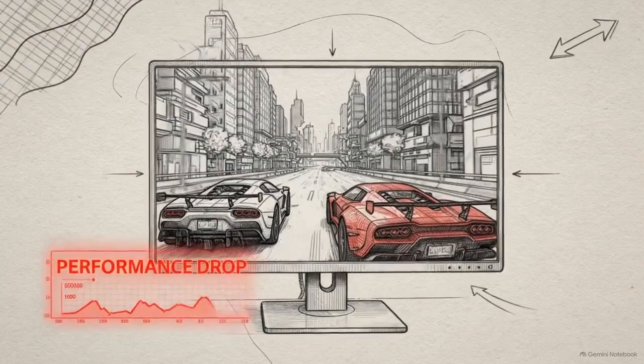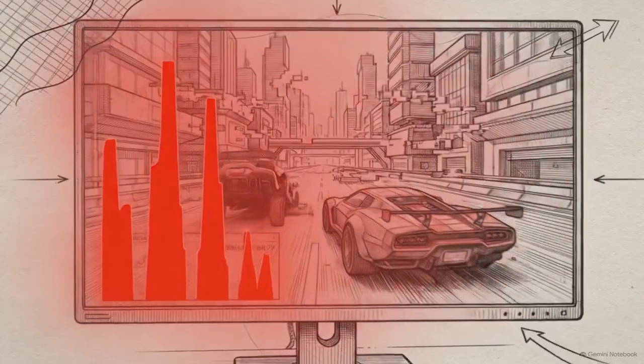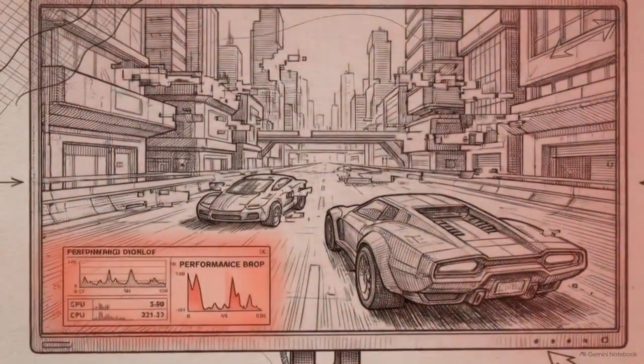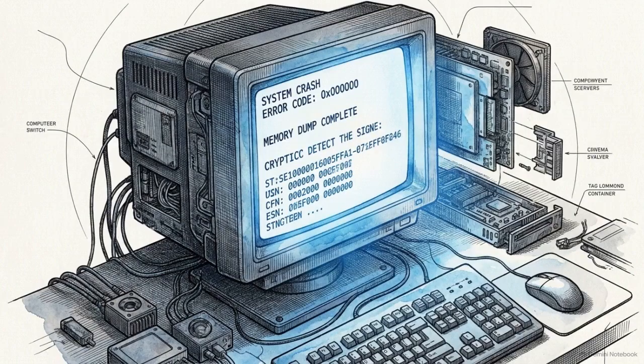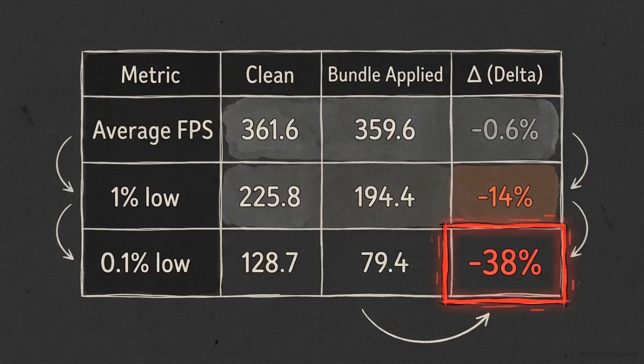We often assume that applying universally accepted Windows optimizations will inherently improve our system's overall performance and stability. But on modern hardware, blindly applying standard tweaks often actively degrades system stability and speed. To test this, we took a modern AMD 9800 X3D system and subjected it to a standard, widely recommended 64-tweak optimization bundle. This data table shows the resulting frame metrics.